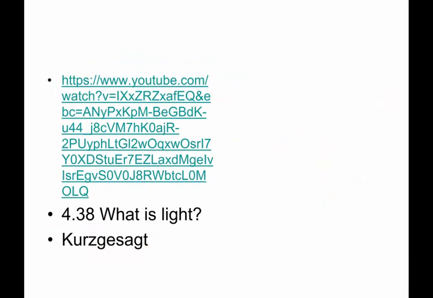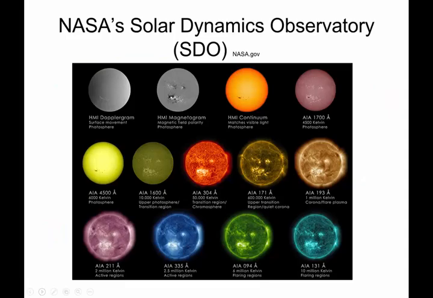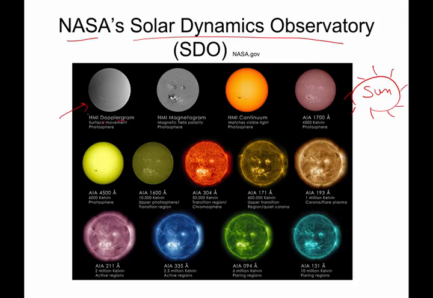Now, astronomers look at all of these. This is a picture from NASA's Solar Dynamics Observatory showing our sun in a whole bunch of different wavelengths. This one is looking at the sound waves, actually. Sound is the wrong thing to say. When I saw a Dopplergram, that sent me in the wrong direction. We are looking at vibrations in the sun here. They are looking at the magnetic fields of the sun here.